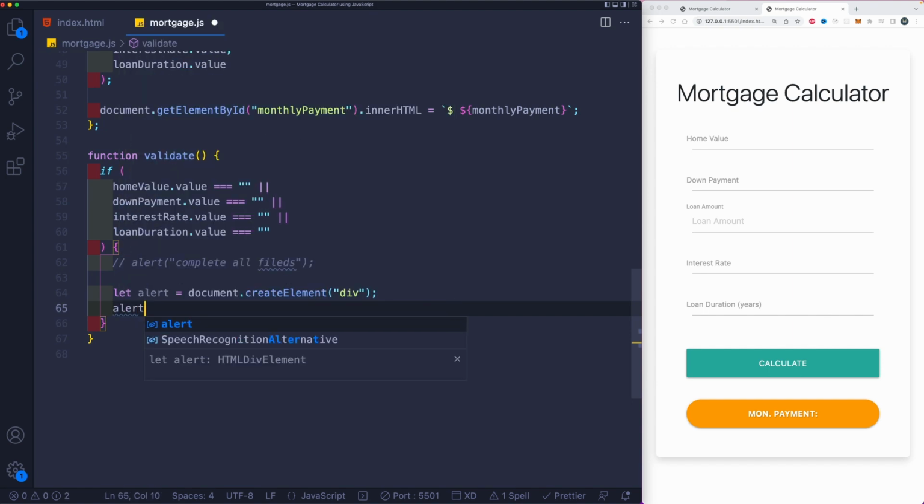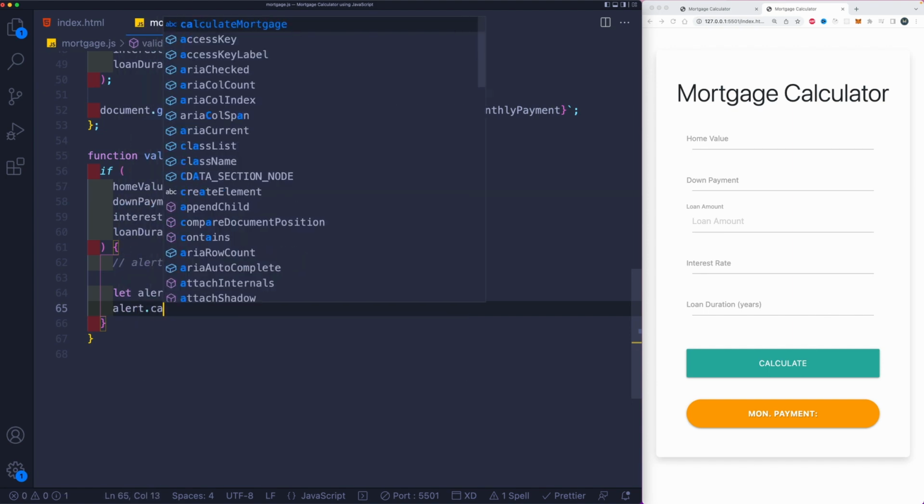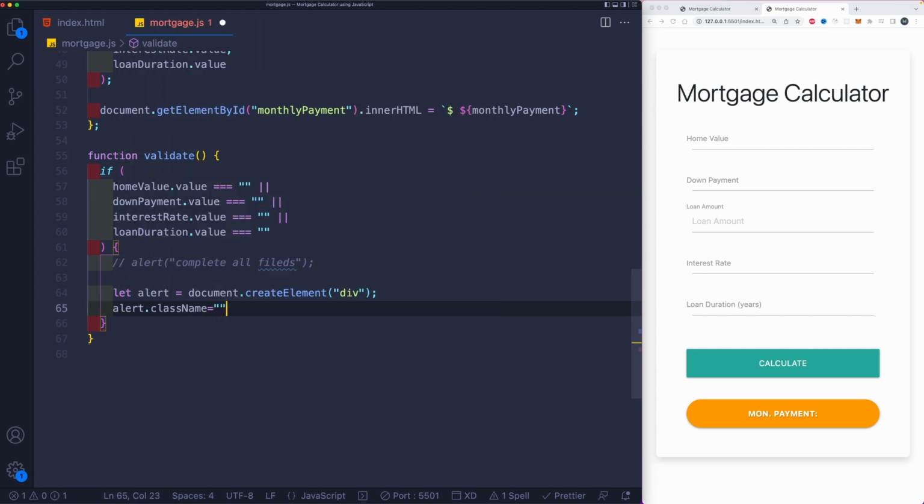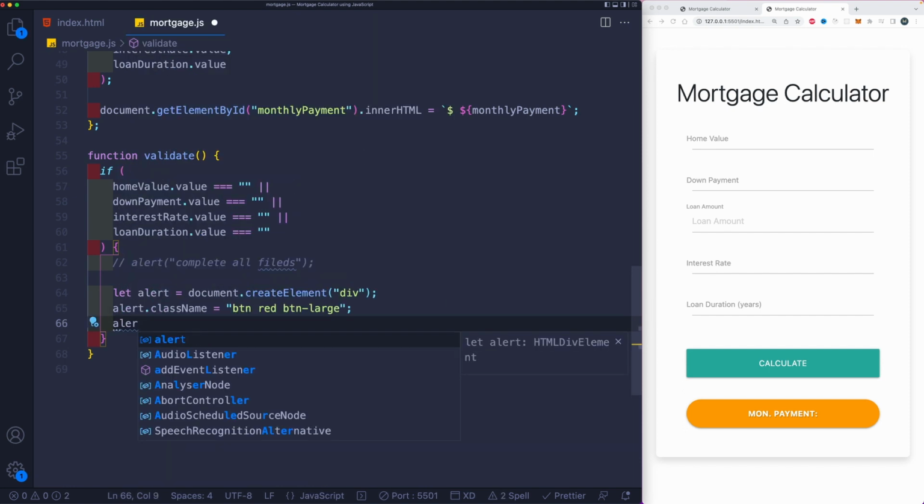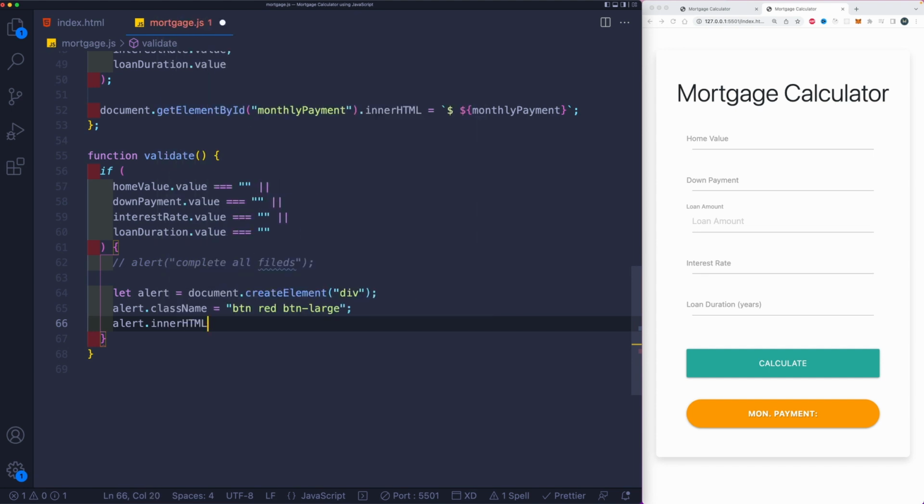Now this alert div element will also have a class name, and you can add multiple classes here. I'm going to use Bootstrap classes, a btn, a red background, and a btn large. Okay, now the alert in the HTML will be, and we can use template literals again here, a span, just open and close. And we're going to insert here a span tag, and this span tag will have a complete all fields text